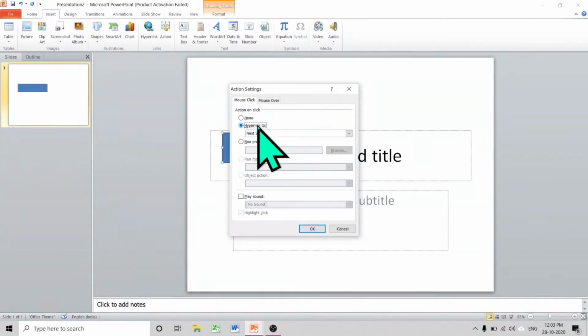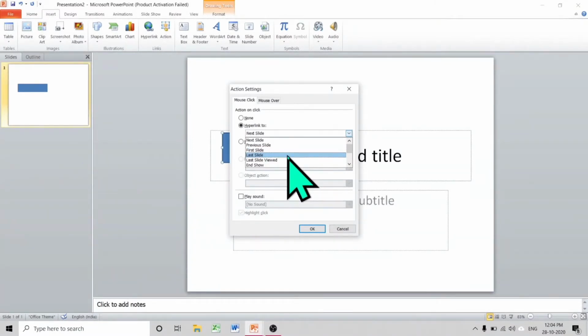Hyperlink means linking two things together. So the first one is next slide. That means whenever I click on this hyperlink or action button, I can see the next slide. Next is previous slide. That means I can see the previous slide by clicking on this action button. First slide means I will go to the first slide when I click on this action button.